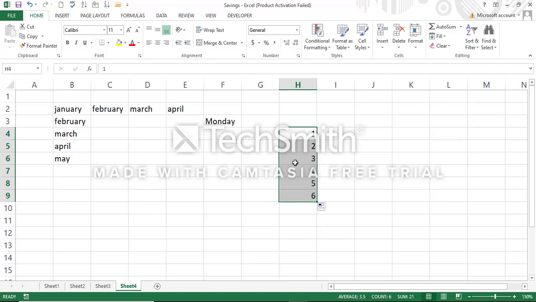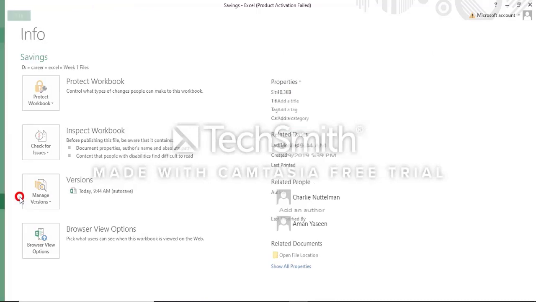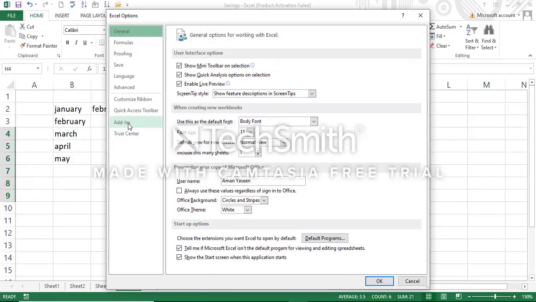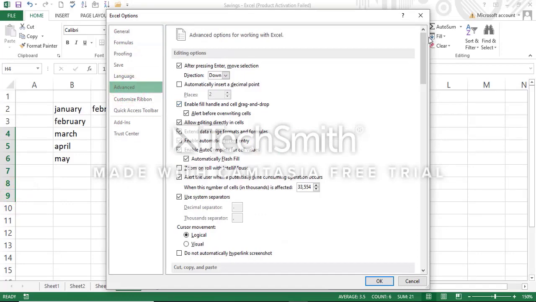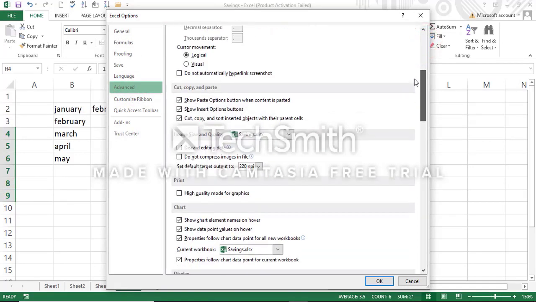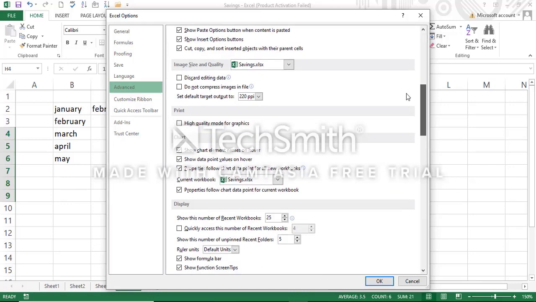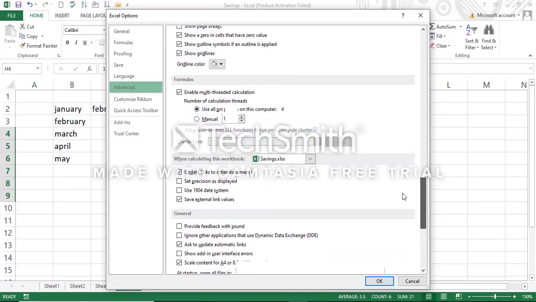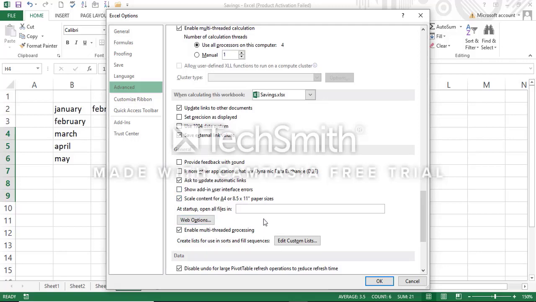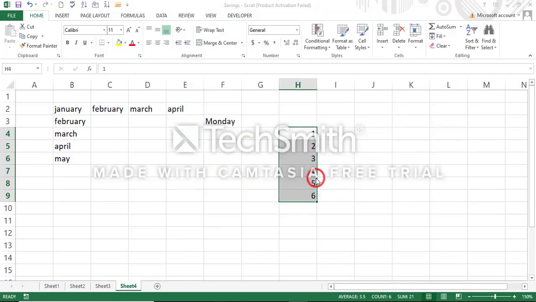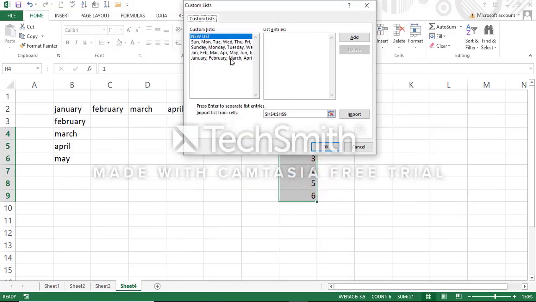If you're curious what series are typically available for autofill, you can always go up here to File, Options, and then in the Advanced area over here, if you scroll down to General, which is kind of near the bottom, and you go to Edit Custom Lists, this is what is available as autofill list. In a minute, I'll talk about how you can make custom lists. So I'm going to go ahead and cancel,